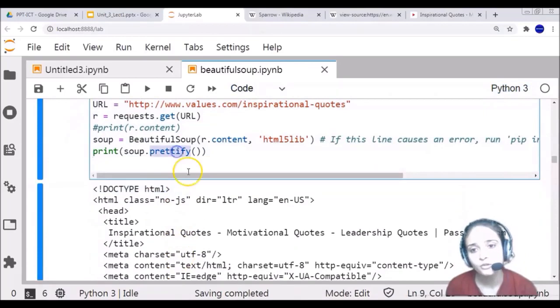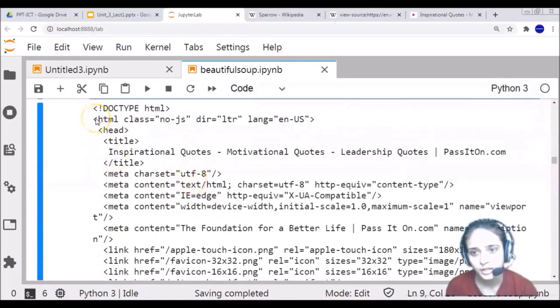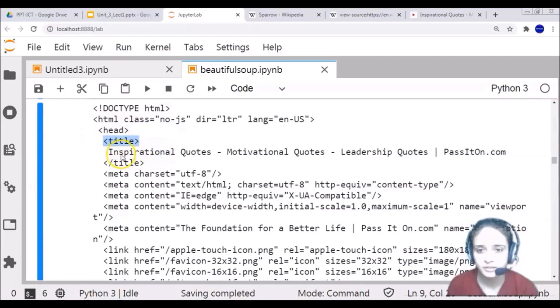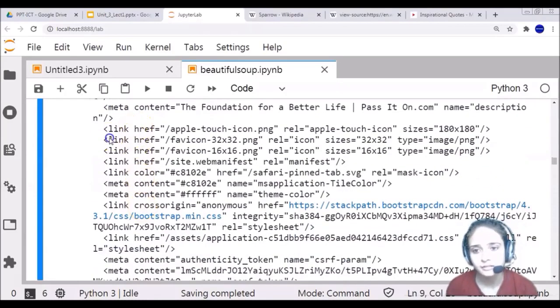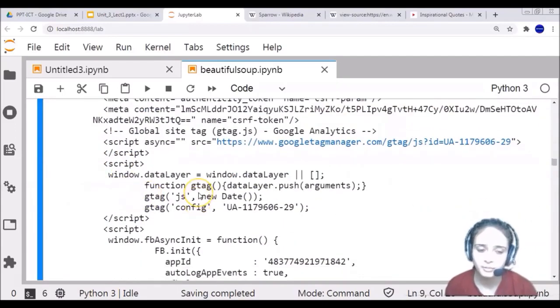You can see the HTML on the next line after the doctype, then comes the head with some tab, then the title with some tab. The title gets over on the same line, then meta starts, and then the link tag starts. These are all the HTML contents from that particular URL.